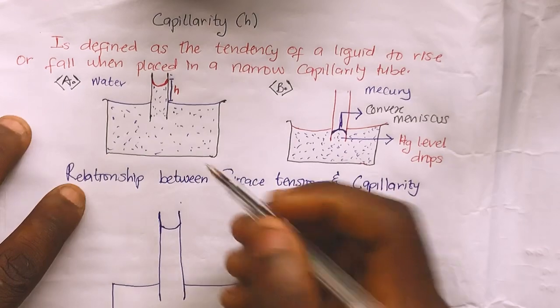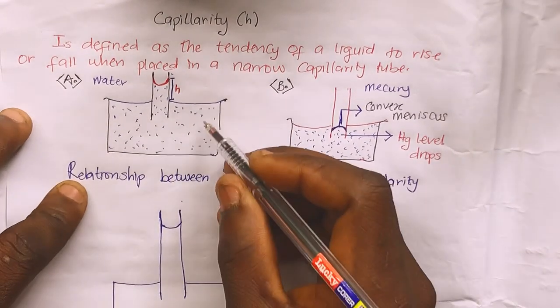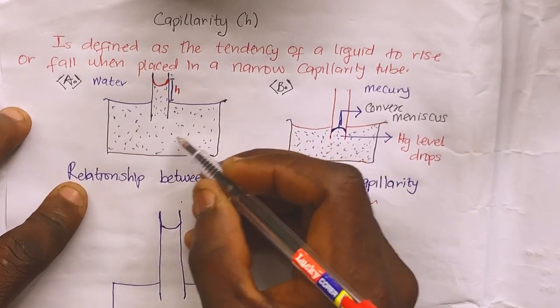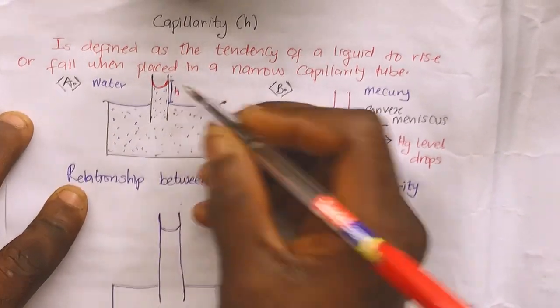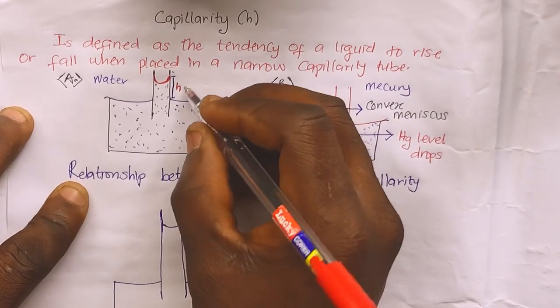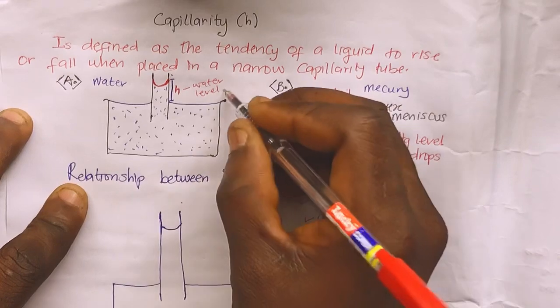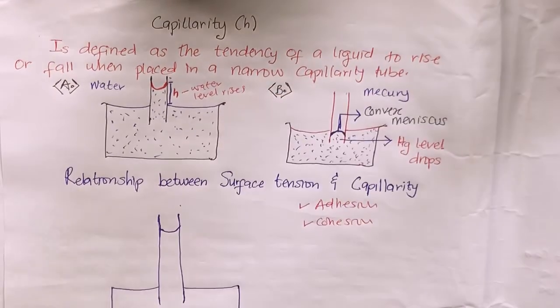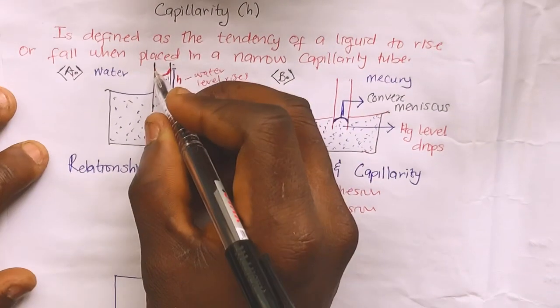But looking at this now, the behavior of this water in a capillarity tube, how does it behave? Immediately water enters this capillarity tube, it rises up to a certain level. Can you see this? This indicates that the water level rises. Can you see that? The water level rises, and on the norms, if you have this kind of